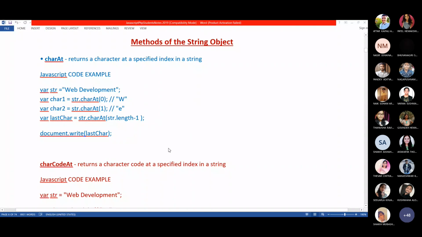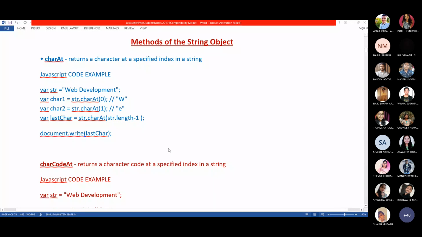Pop-up boxes. Students, pop-up boxes is a general topic in JavaScript. There are three types of pop-up boxes. One of you asked in a WhatsApp message, ma'am, pop-up box is which kind of box? I think you did not understand. Why is it called a pop-up box? When you trigger some event, it will be popped up on the browser. So it is called a pop-up box.